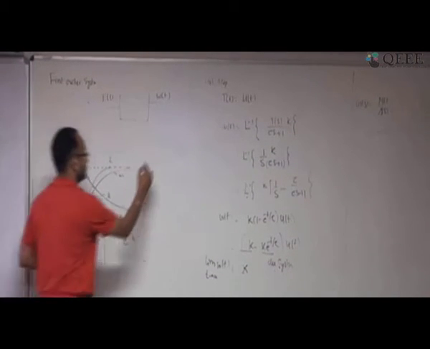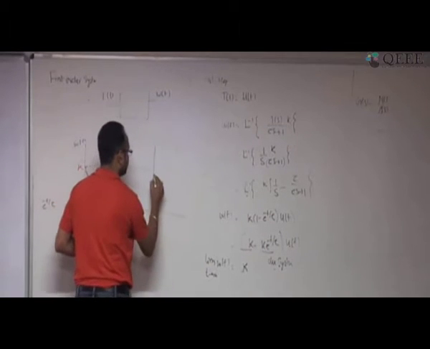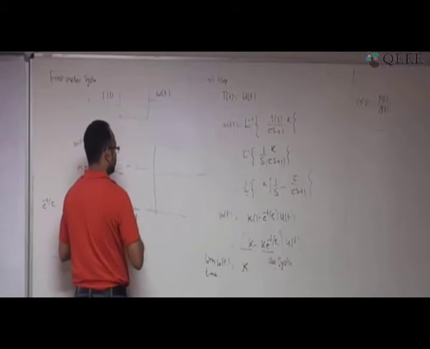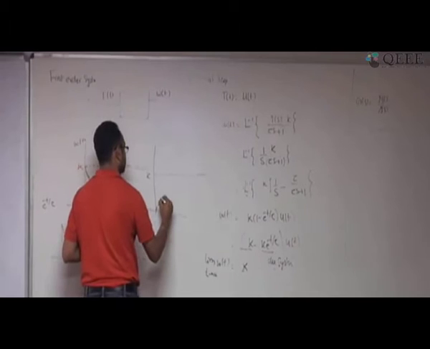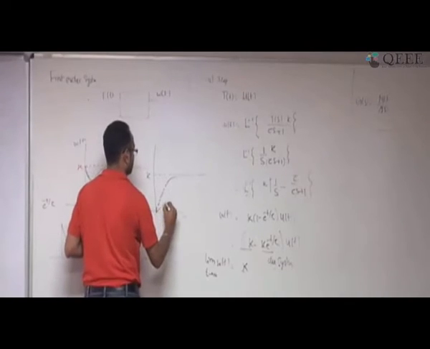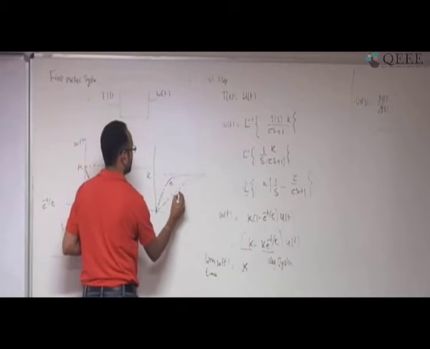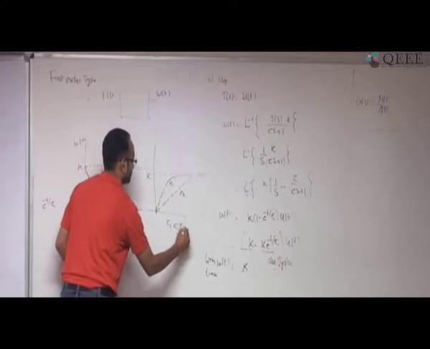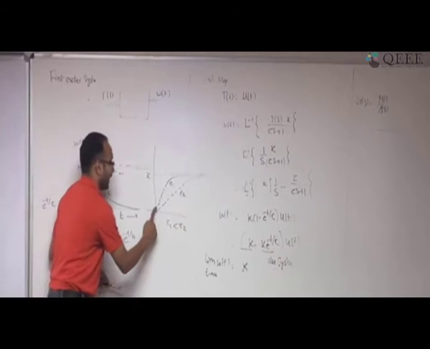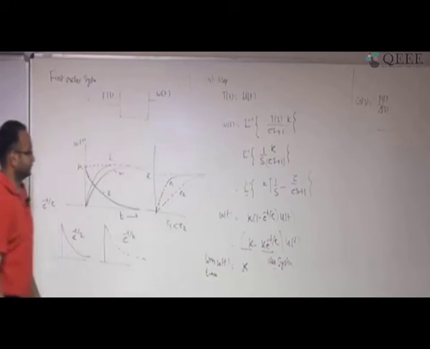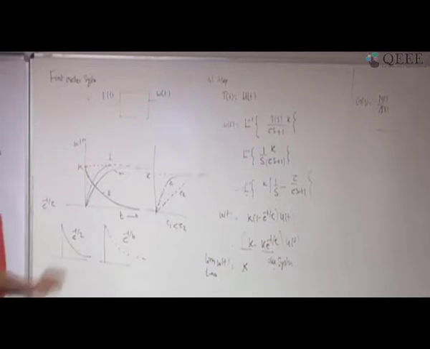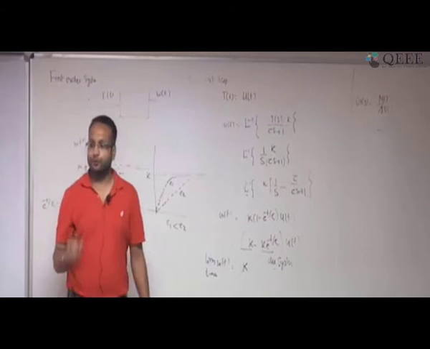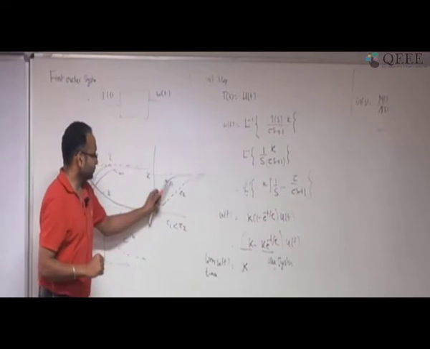So here I want to write one statement: if this is the response and I am using two different values of tau, this is case 1 and this is case 2, for tau 1 and tau 2. If tau 1 is smaller than tau 2, then I reach my steady state value earlier. What I want to conclude from this is that for a first order system, the time constant has to be smaller for the system to be fast. That one has to remember very well.